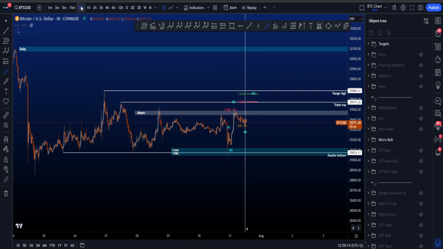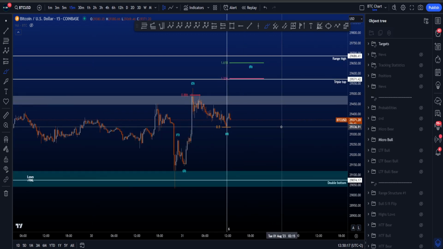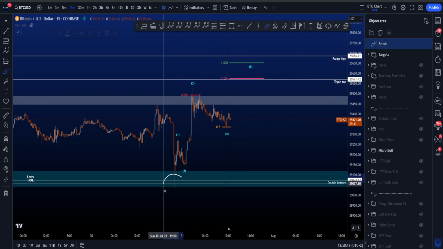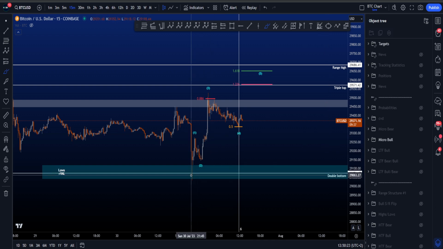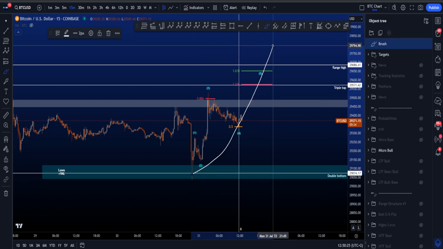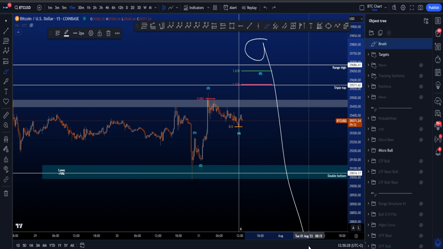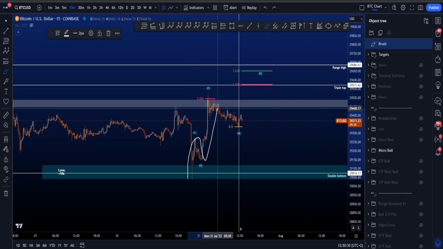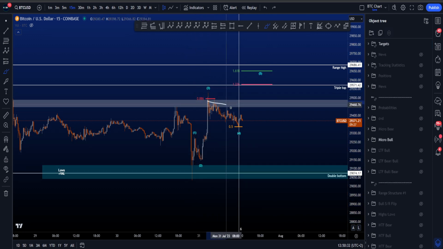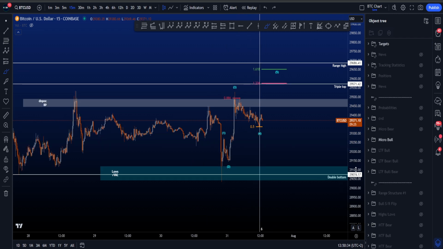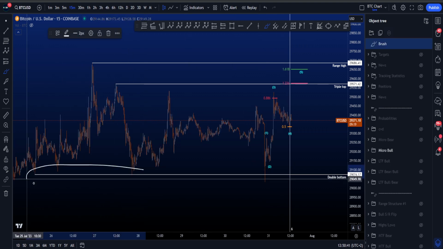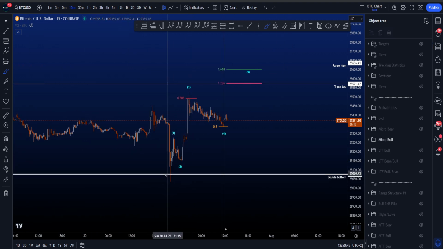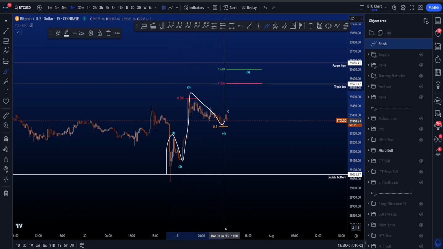If we then go to the micro scenarios and we zoom into the 15-minute, then I did some counts from this low towards the upside, because as mentioned, it is important to know if this now is an impulsive structure for the potential end of Y and a move to the downside, or if it's more probable for this to be a 3-wave structure and continuation towards the downside. So what we are looking at the moment is an impulsive structure after the double bottom here was taken. So we took the double bottom, took the liquidity, 1, 2, 3, looking for 4, and then a wave 5